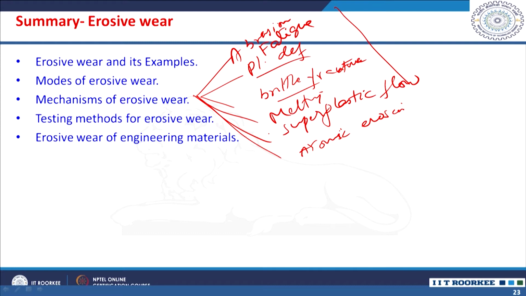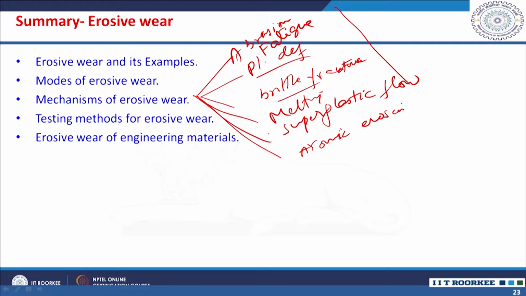Erosive wear can be understood for deformable materials and for brittle materials. In both cases, the erosive wear rate increases with increase in particle size, the velocity of the particles, or the impact angle. For a deformable or ductile material, you will have maximum erosive wear at lower angles, whereas for a brittle or harder material, you will have maximum erosion at higher angles or normal incidence. So, these factors affect the erosive wear.